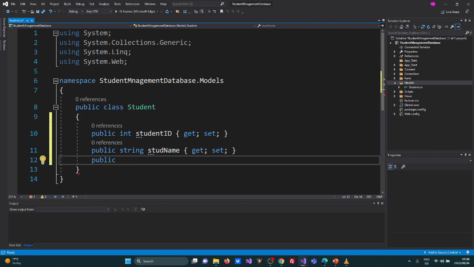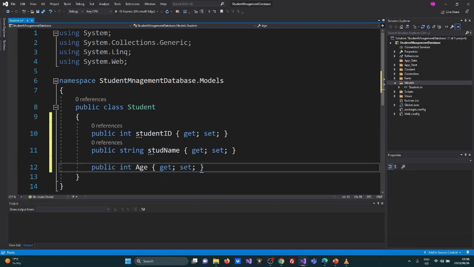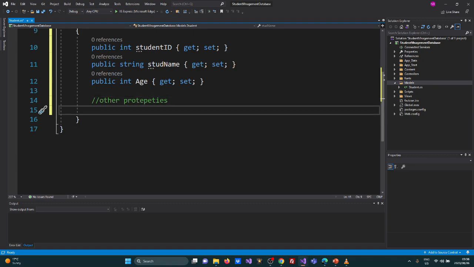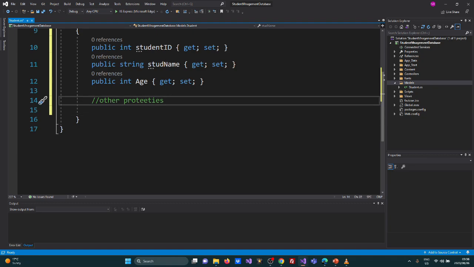Then from here you're just gonna have your get and your sets. Then you're gonna say public int. Now we're gonna be adding the student's age, your get again, and your sets. And now look, I'm not saying these are the only properties you can hook up here, because there are other properties you can add as well. I'm just not gonna go deep into them, because the point I want to make here